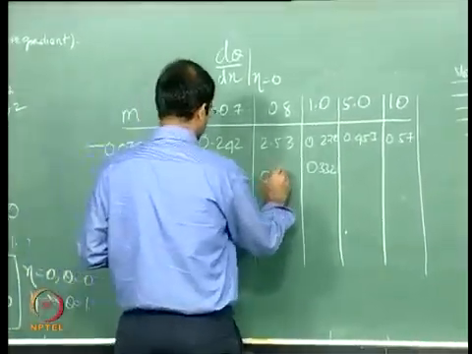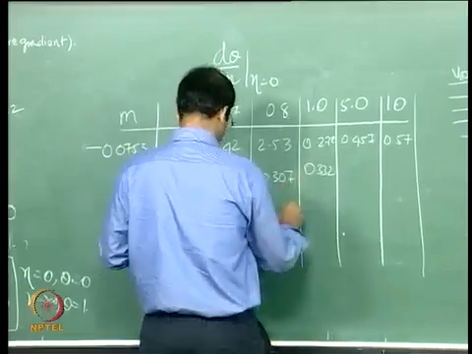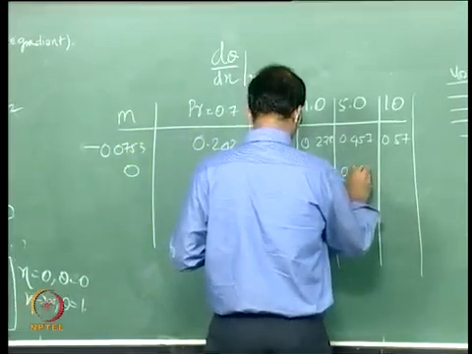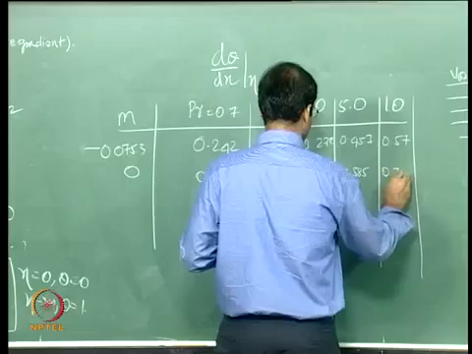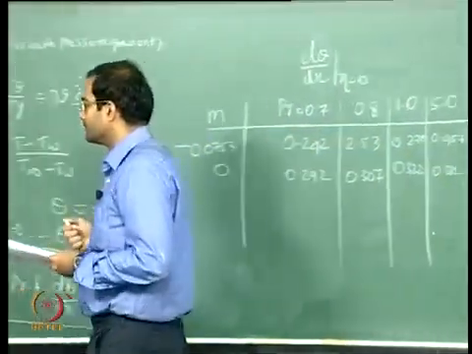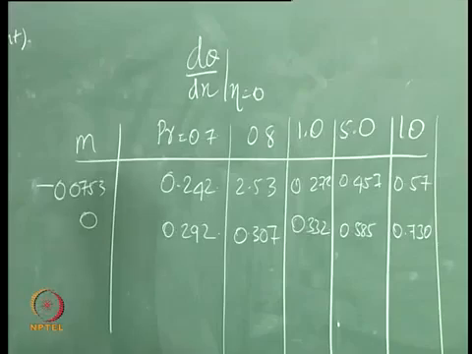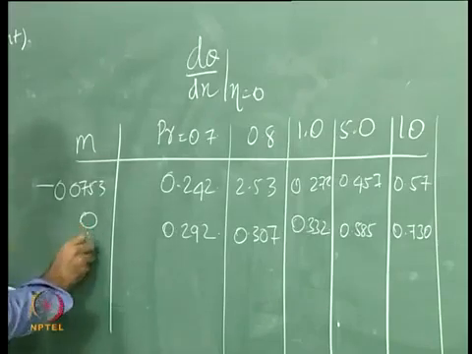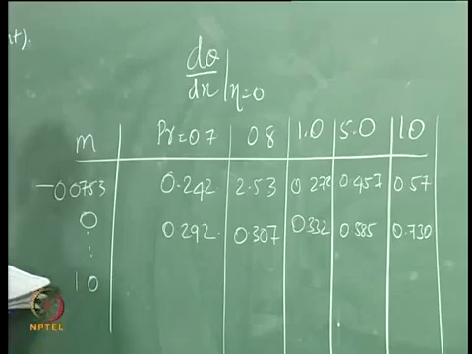So then this is 0.307 and 0.585, this is 0.730. So on. So if you go to m equal to 1, the stagnation flow